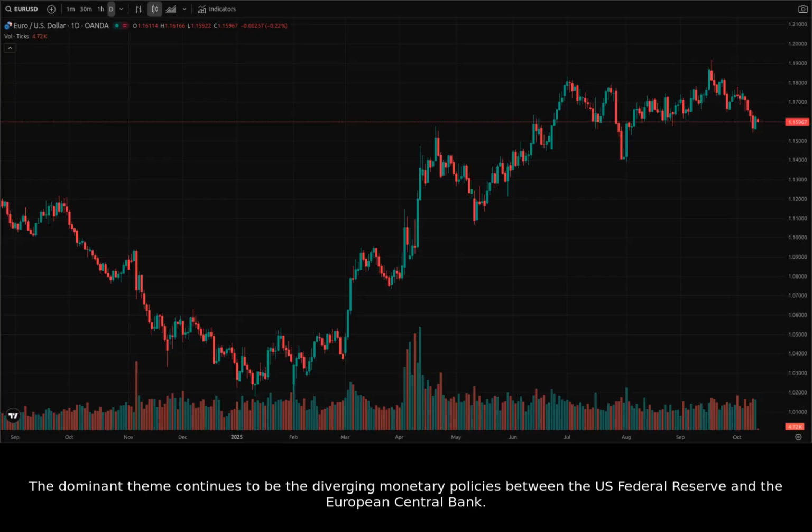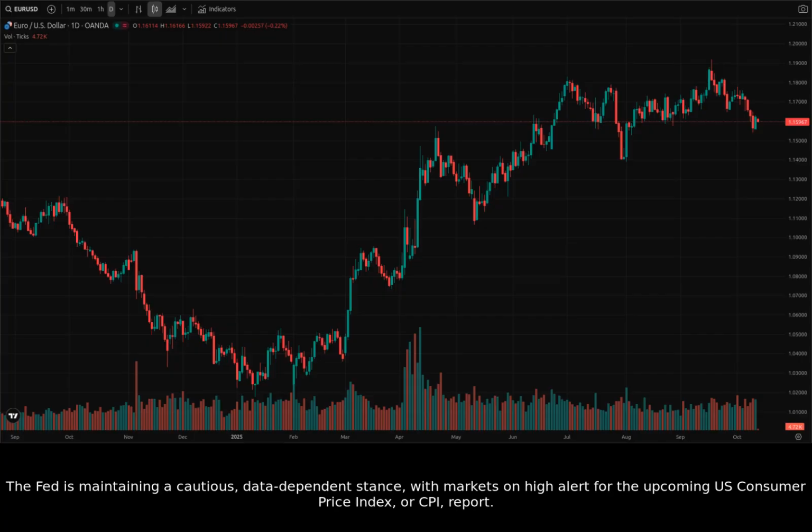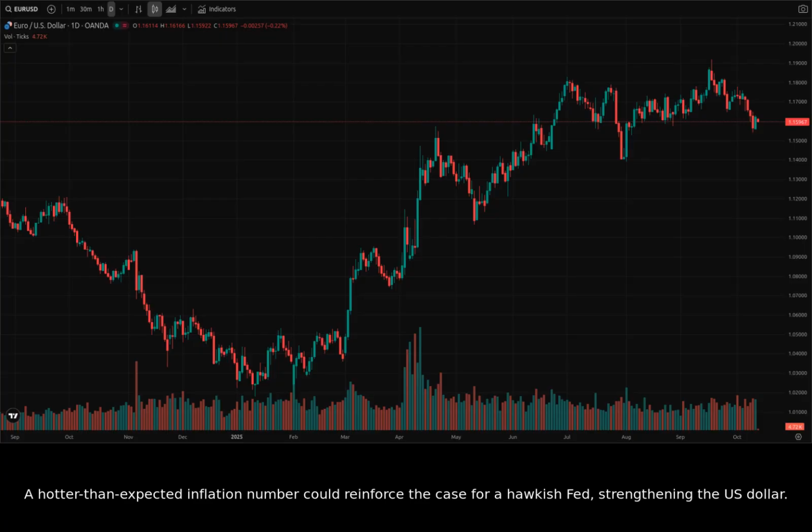The dominant theme continues to be the diverging monetary policies between the U.S. Federal Reserve and the European Central Bank. The Fed is maintaining a cautious, data-dependent stance, with markets on high alert for the upcoming U.S. Consumer Price Index, or CPI, report. A hotter-than-expected inflation number could reinforce the case for a hawkish Fed, strengthening the U.S. dollar. On the other hand, the Eurozone is showing signs of sluggish economic growth, putting the ECB in a difficult